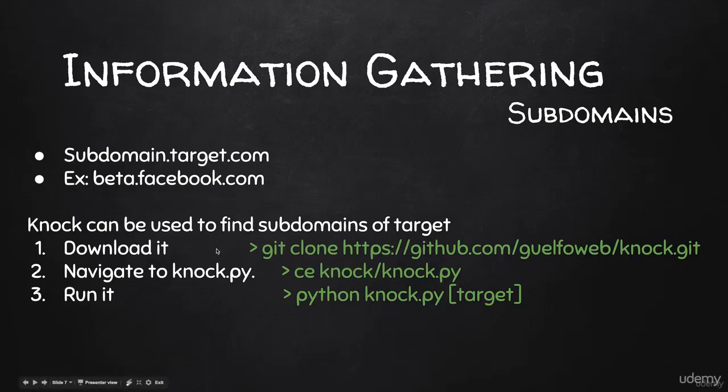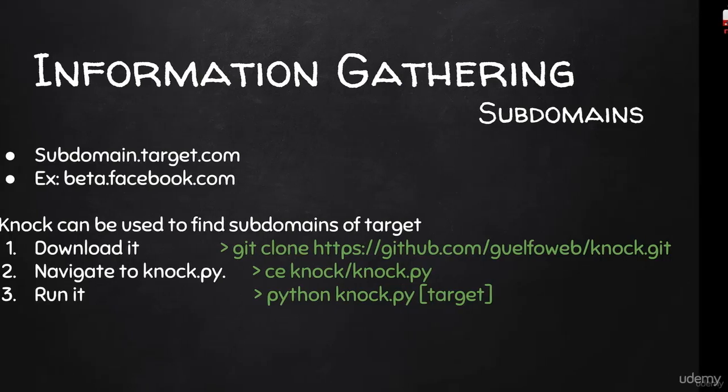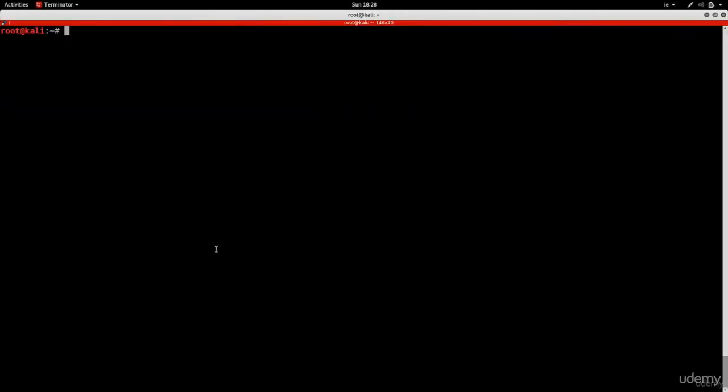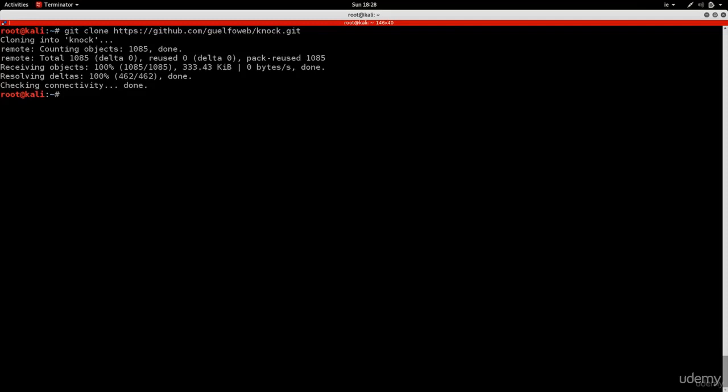So in today's lecture, we'll see how we can find subdomains that have not been advertised, or even the advertised ones, so we'll be able to get the subdomains of our target. We're going to use a tool called Knock. The tool is very simple. You don't really need to install it. All you have to do is download it using the git command. The command is git clone, and then you put the URL of the tool, and that's it. It's downloaded now. So I'm going to navigate to it using the cd command,